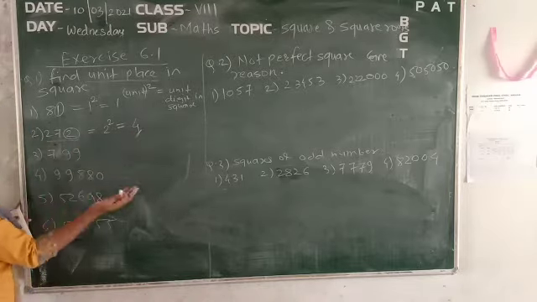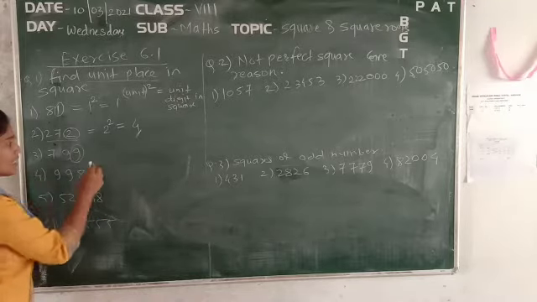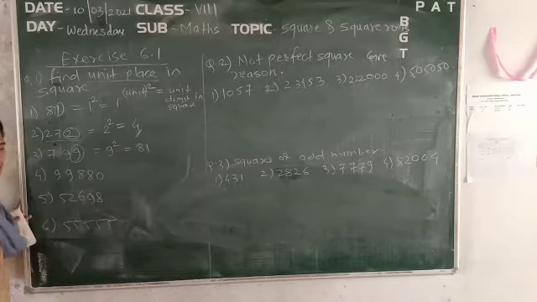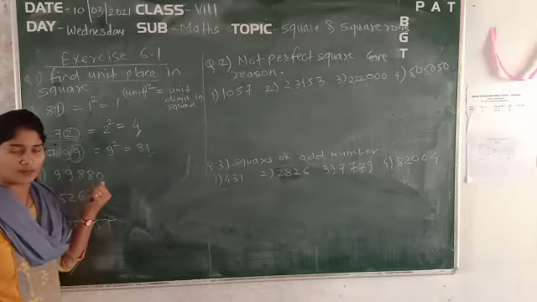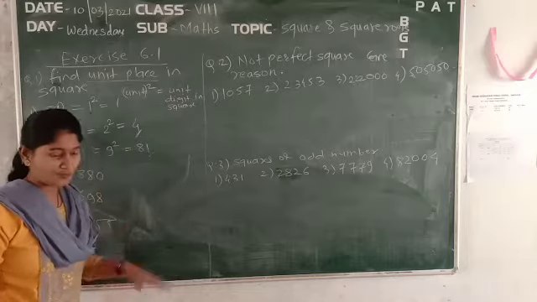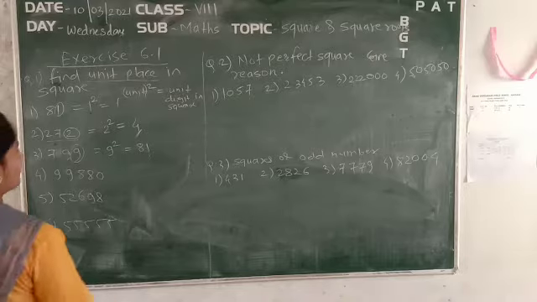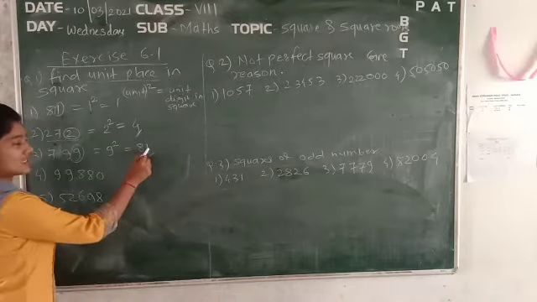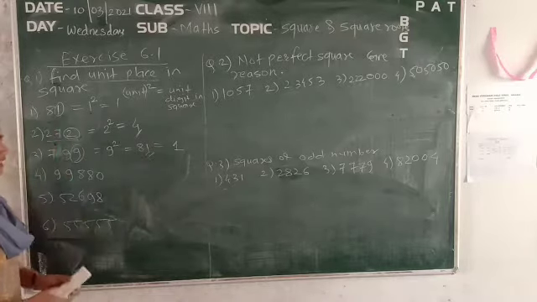Like that, another number, that is 799. Here also the unit digit is 9. So take the square of 9. It will be 9 nines are 81. So what is the unit digit in that 81? Now this is a 2-digit number, so you have to find the unit digit of this number. The unit place is 1. So 1 is the unit digit, and you can write down 1 as the unit digit in its square.